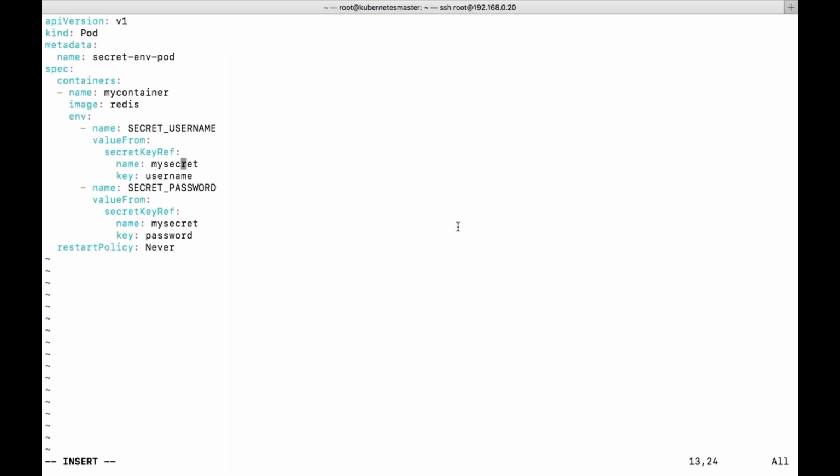This is the name of your secret, so we need to give that value path. Here also I need to give the value path. Anything else? Nothing.